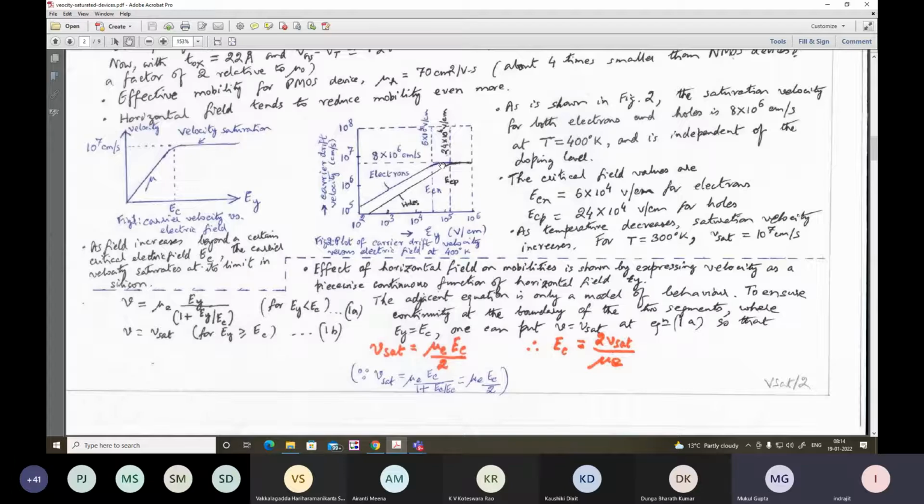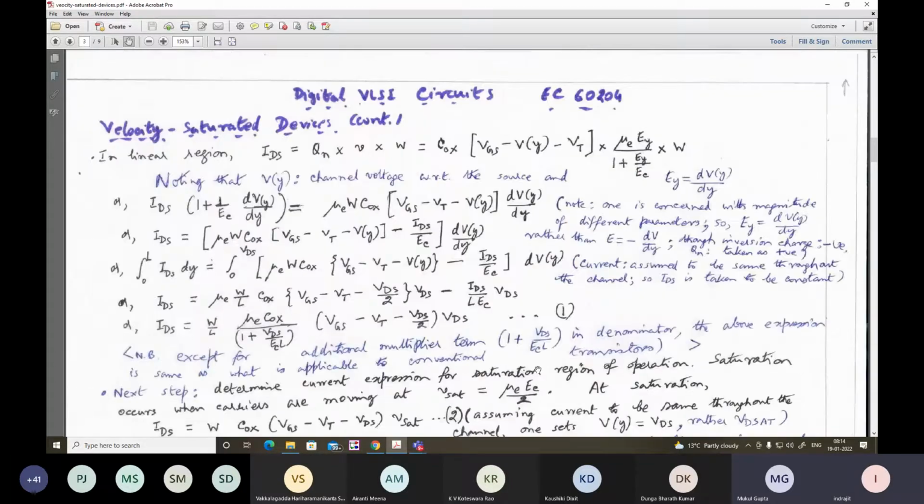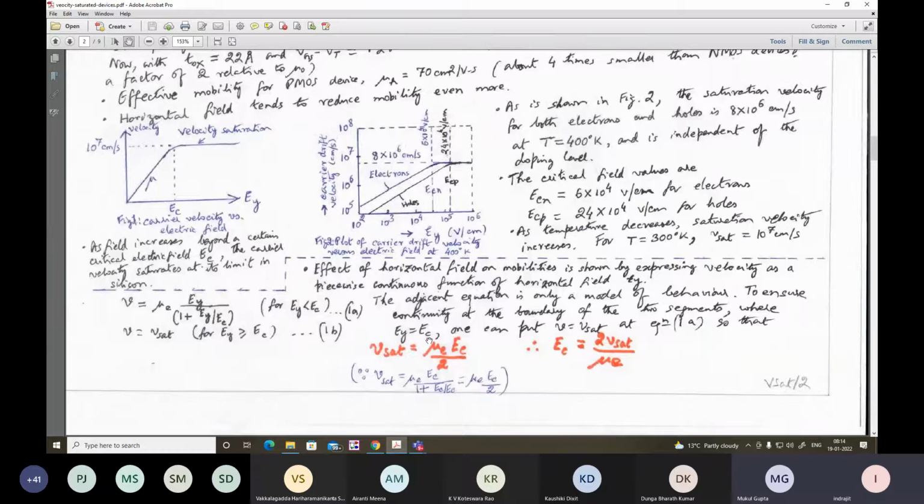So at the critical field at Ey equal to Ec, we have got the saturation velocity of the carriers. Here we get the saturation velocity related to the critical field by this expression. So this is an important expression. That means the saturation velocity equals mu e into Ec by 2. Now we'll make use of this important expression